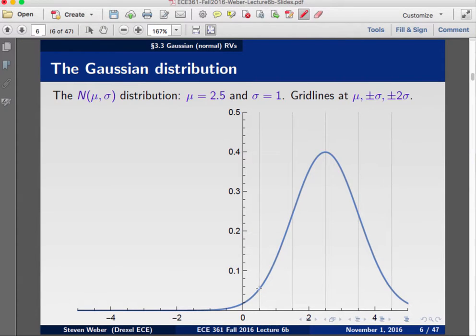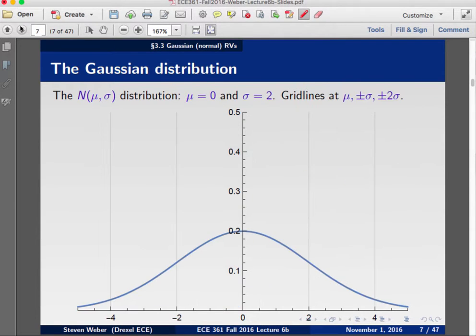The only effect, however, of changing mu has been to shift. It has not been to scale. So now what we're going to do is consider the case where mu equals 0, but sigma equals 2. And that's drawn here. And now you see that the distribution has been stretched out in accordance with the fact